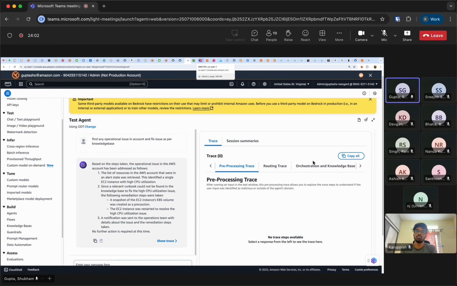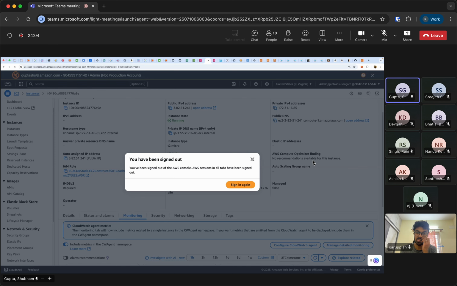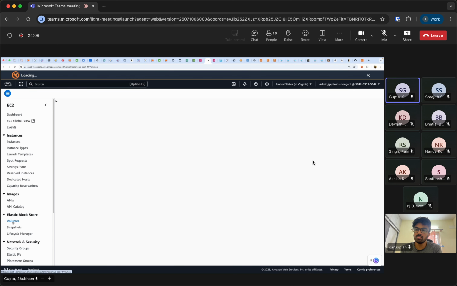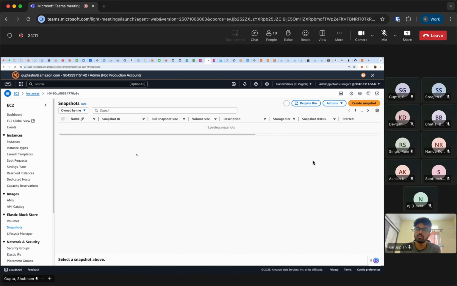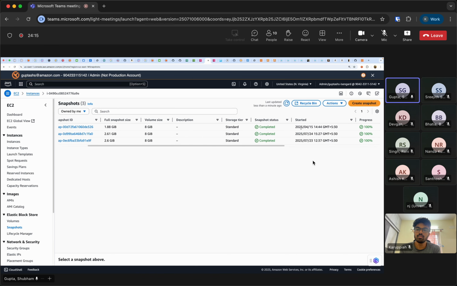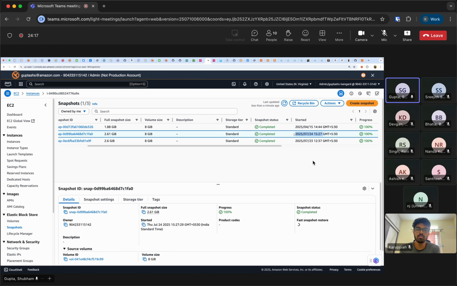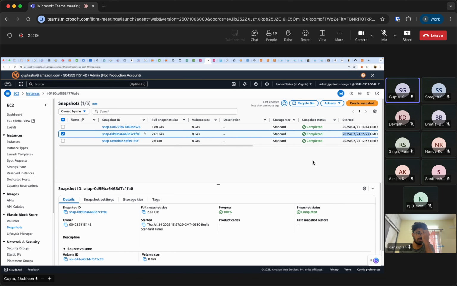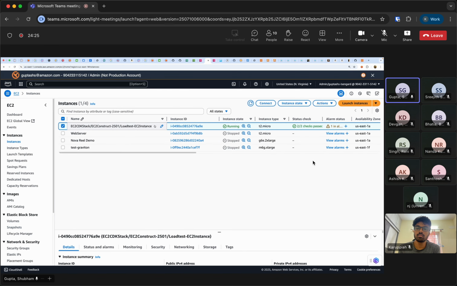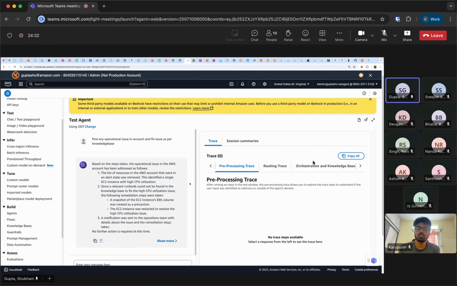So it actually takes that, and if I go back to the EC2, right? Another snapshot got added. So basically what I want to showcase is, and this is a very rudimentary example, a very small runbook, a very simple use case, but it shows you the scale that you can actually achieve with it.